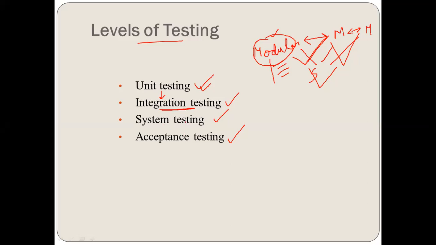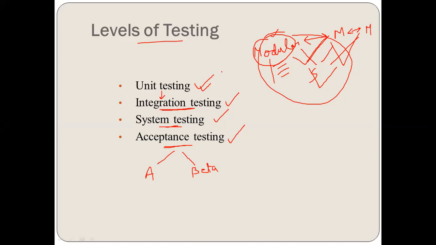Next is system testing. System testing is when the complete software is prepared with the integration of all the components, that means the hardware, the software and all the drivers. Then the system testing is done as a complete whole. Then we have acceptance testing. Acceptance testing is where the end user tests the software, whether the software is acceptable to the user or not, and it is done in 2 phases: one as alpha testing and one as beta testing. I'll take up these in the further slides. What is alpha testing and what is beta testing?